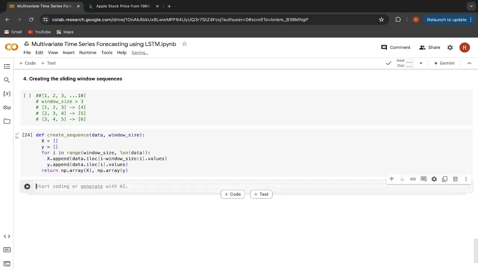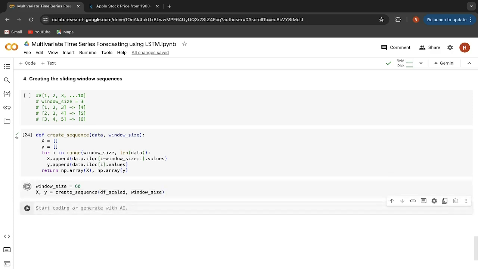And let us now create the sequences here. So we will say X, Y, and here we will call the function which is create_sequences. Now in this function, we will pass the data. The first argument is data, which will be our scaled data frame, so df_scaled, and then the window size, whatever window size you want to specify, you can specify that before calling this function. So here let me specify the window size first. I will consider my window size as 60. Now as you know, here we have a lot of data and 6 columns. So the window size should be large enough to create that many sequences. So the window size is 60, and we will pass that window size here.